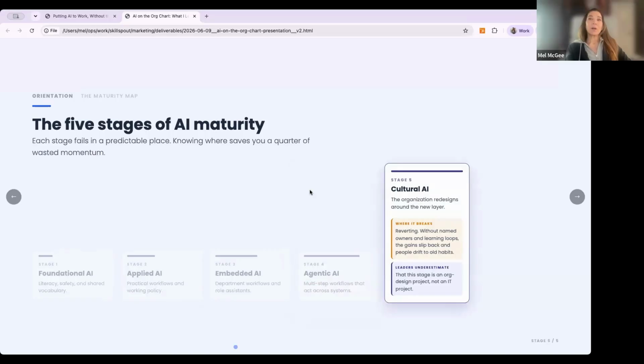And then finally, what we call the 5th stage of human first AI adoption, which is cultural AI. And cultural AI is really having governance. When I say governance, I'm not talking legally, how you might do this within our state or federal government systems.